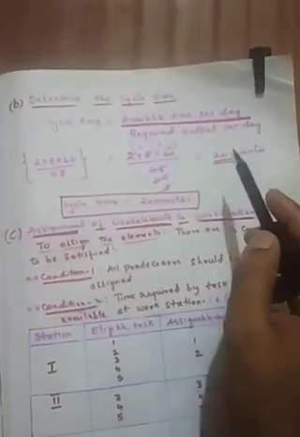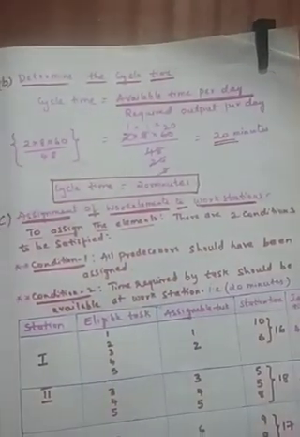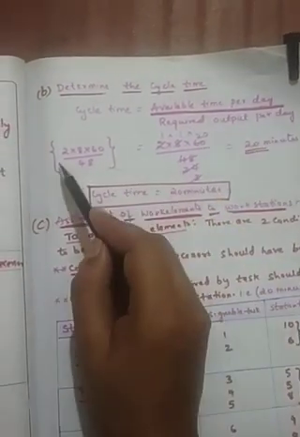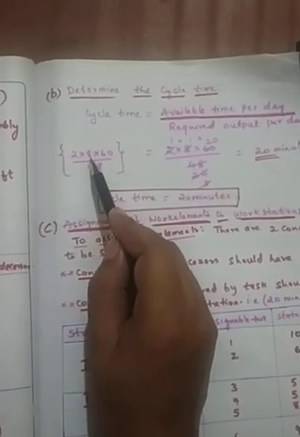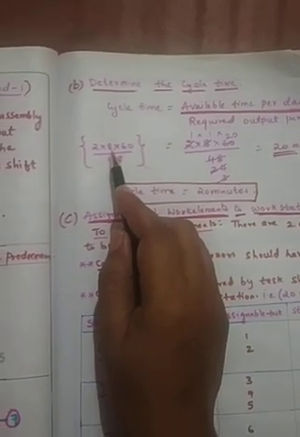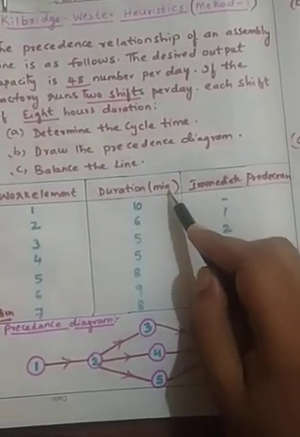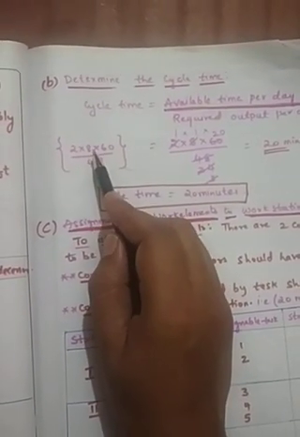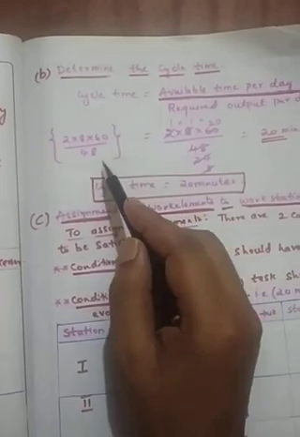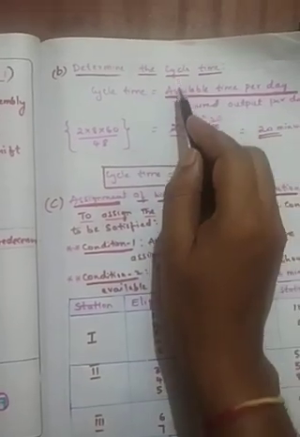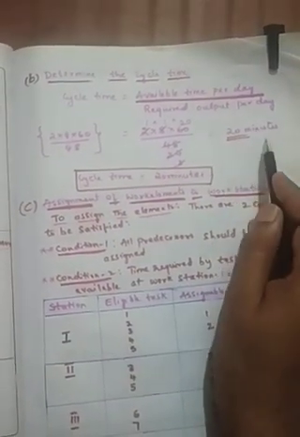How to find out the cycle time is, see here you have a formula. Cycle time is equal to available time per day upon required output per day. What is available time per day? In the question he has given 2 shifts and each shift works for 8 hours, right? So 2 into 8, 16 hours. Because the duration is given in terms of minutes, I need to convert these hours into minutes by multiplying with 60. 2 into 8, 16 hours into 60 upon required output, how much we are getting? 48 number we are getting. So therefore I have divided here. Okay, so finally you'll get the answer as 20 minutes. So the cycle time by using this particular formula, you got it as 20 minutes.